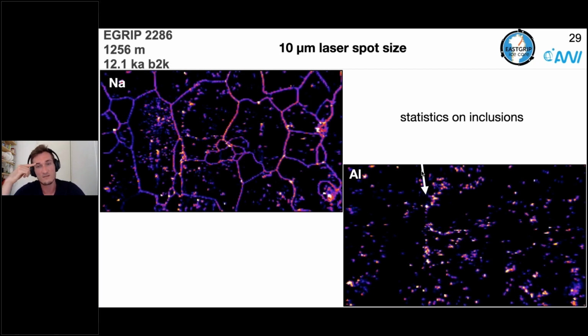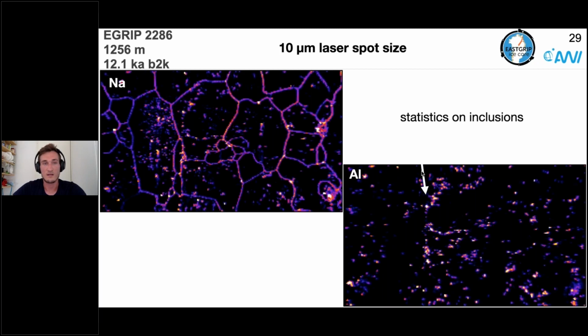So especially on the right for aluminium, you can see a lot of dots, and these are several pixels, which are very likely to be similar to the inclusions we have seen, or clusters of inclusions. So the goal is to do some statistics on them, to do chemical comparisons. Does the element chemistry fit the mineral chemistry we find in those samples? And there's a lot of work ahead, but I think we did a really good